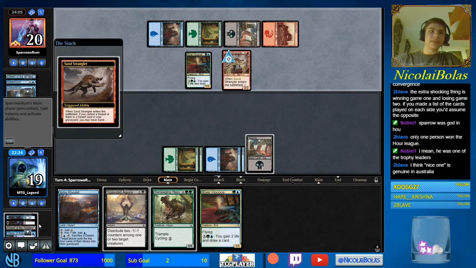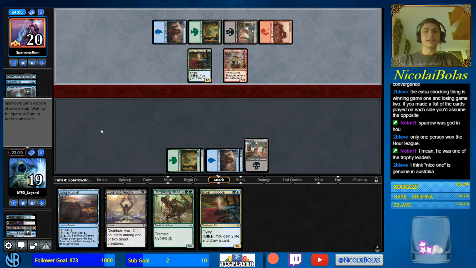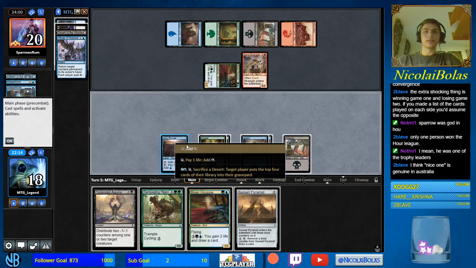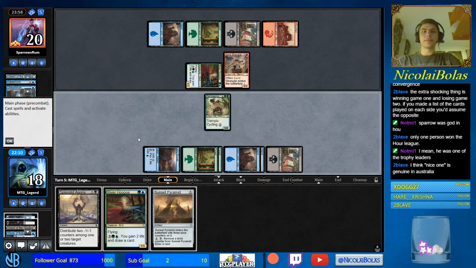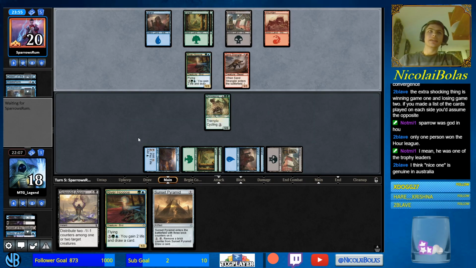Oh my gosh, we found our Oblivion. Nice. And a desert. City sidewalks, pretty sidewalks. Let's get our hippo out there. Next turn we can hopefully...